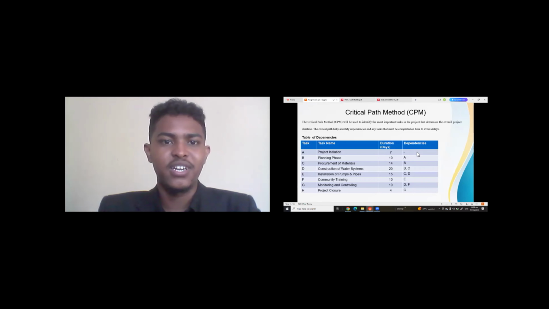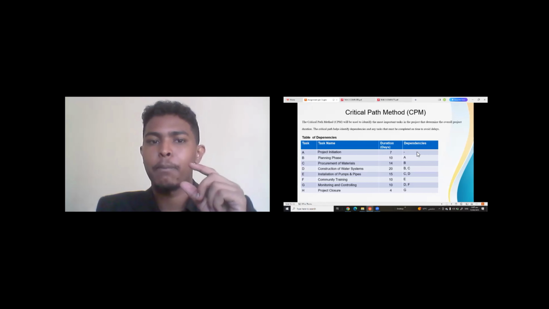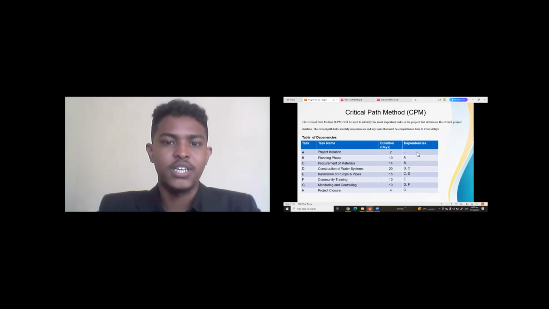So this is a very important topic, which is the critical path method. This critical path method is used to identify the most important tasks in the project to determine the overall project duration. As you can see here, this table represents the dependencies of each activity. We have 8 activities, and this is every activity's name.